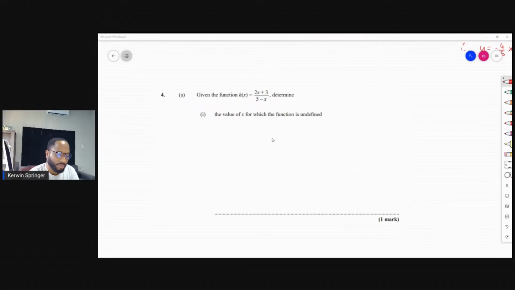So sometimes this pops up and people don't know what to do. If this pops up, look for the denominator and find when the denominator is equal to 0. Because if the denominator is 0, you wouldn't be able to divide by 0. In maths, we're not allowed to divide by 0. Type in something in your calculator and press divide by 0, and you get undefined, or you get a Math Error popping up on your calculator. So undefined